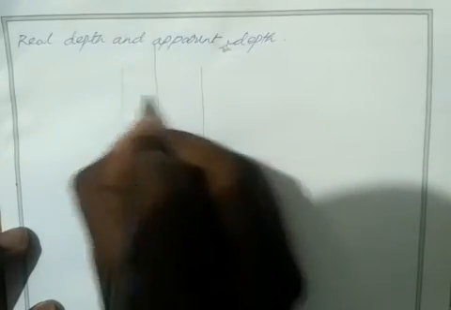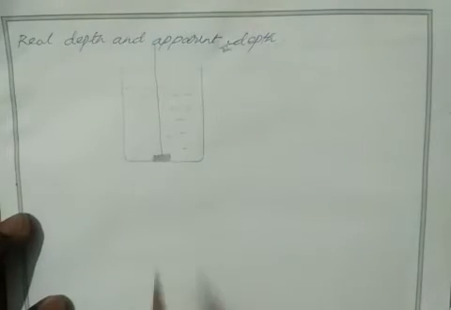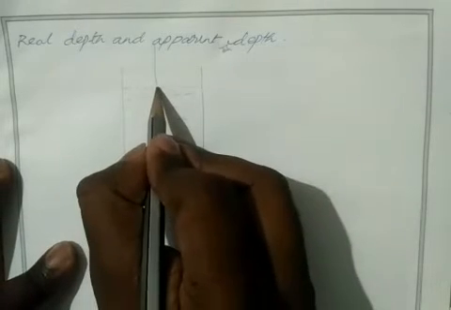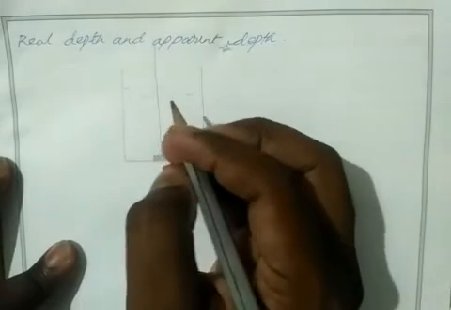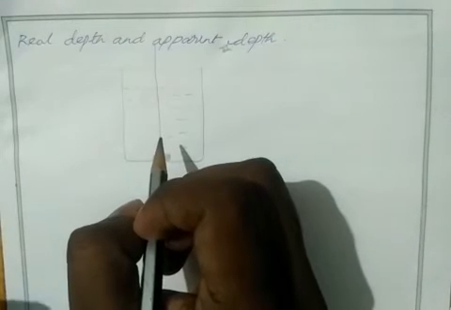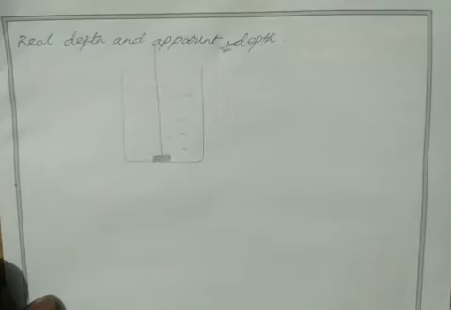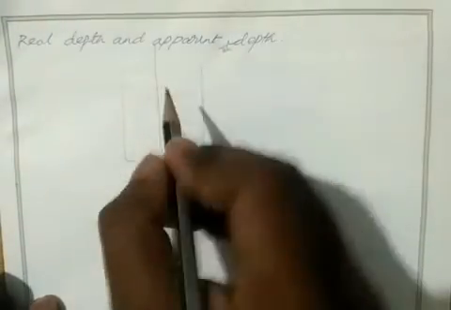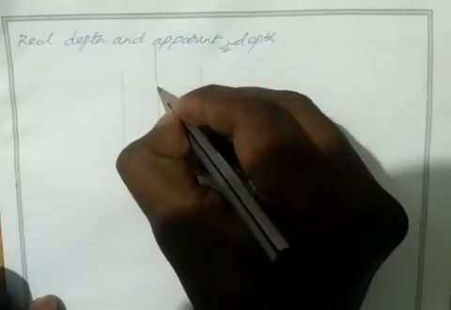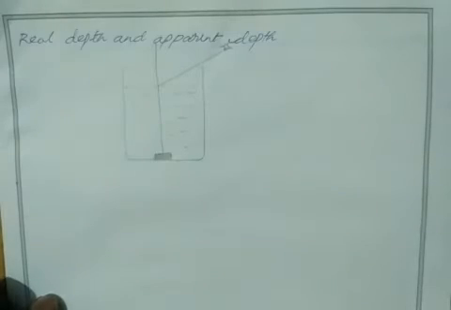We have two medium. The tank is filled with water. Then what will happen? This is our incident ray, the light coming from the object. When it reaches the interface between the water and air, it will automatically get refracted. Correct? So the refraction process takes place. When the light passes from denser medium to rarer medium, it moves away from the normal line. Consider this is a normal line. The light comes from denser medium to rarer medium, so it moves away from the normal.